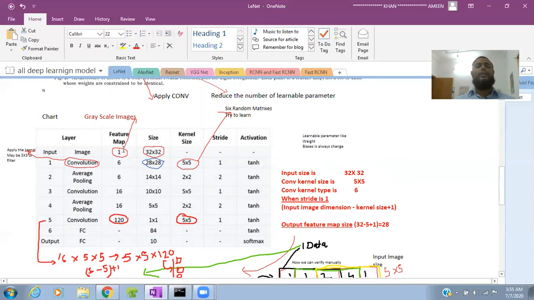They took the grayscale image, because it is 1, and then applied a kernel size of 5 cross 5. So 32 minus 5 becomes 27, and then plus 1, so the next image size is 28. And they applied strides of 1.